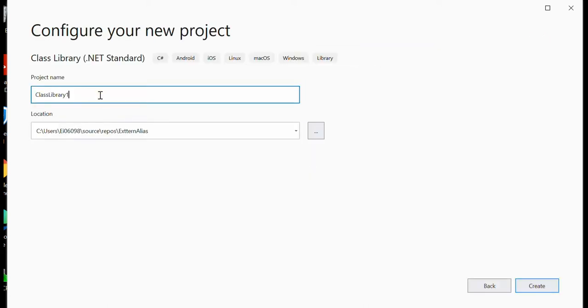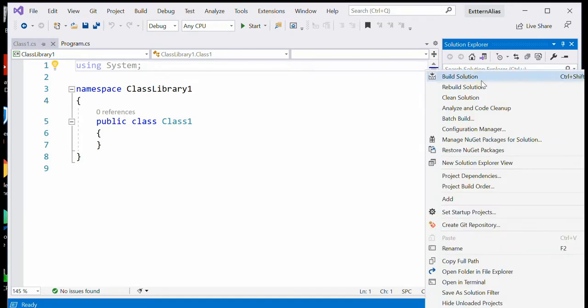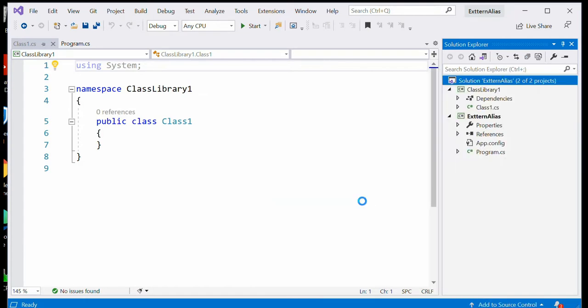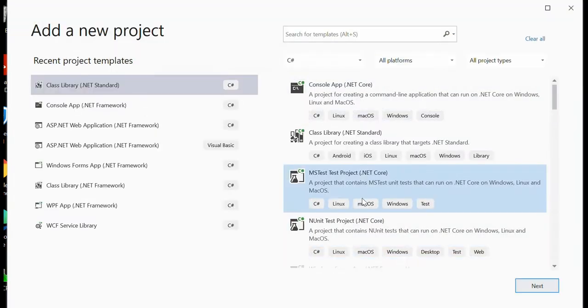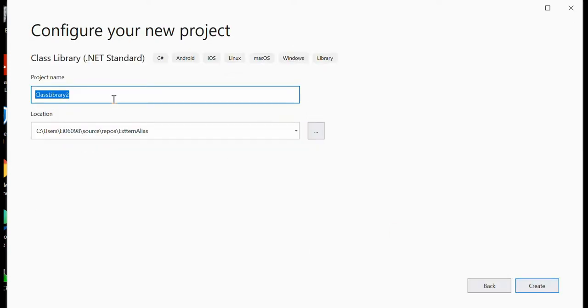Let it be named class library 1. Now it is creating class library 1. Right, class library 1 is created. Let us create one more class library. Right click on the solution, add new project, and select class library .NET Standard again. Let it be class library 2.